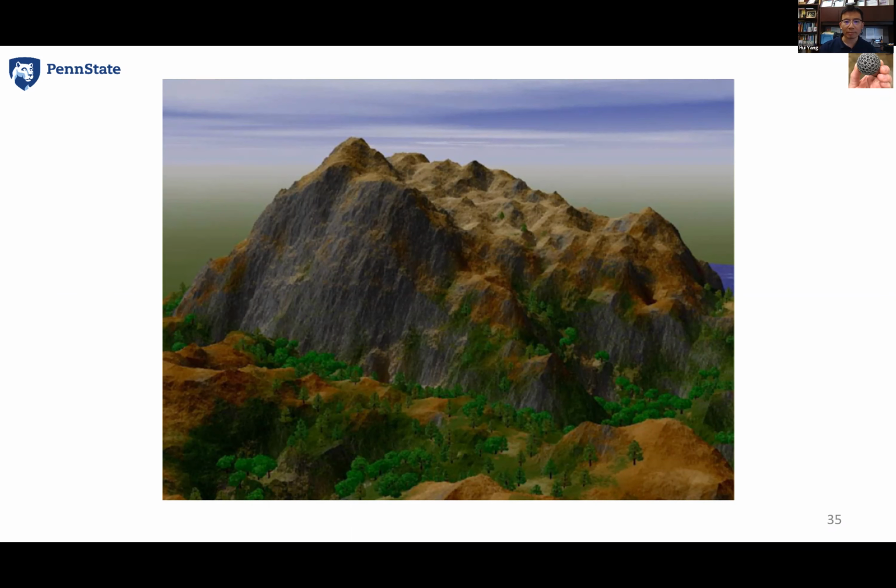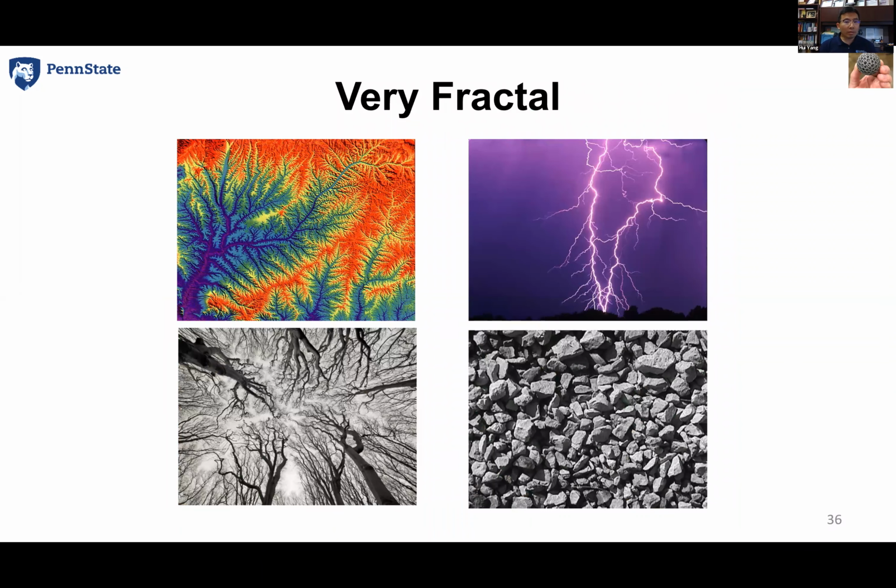such complex geometry. And in nature, you also see something very fractal, like the trees and the river branches. They are very fractal. You see, if you zoom in, it's similar to what we see here. And if you have seen lightning before, lightning also has fractal patterns, right? And the gravels, those kinds of structures, like a powder, are very fractal.